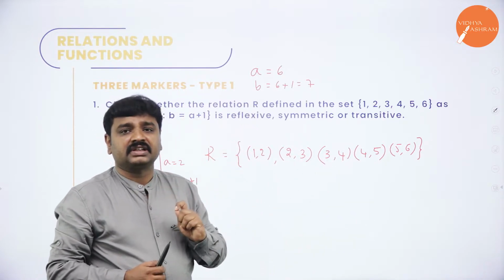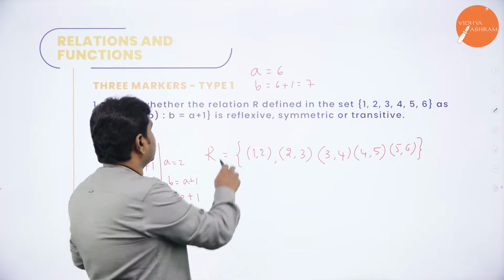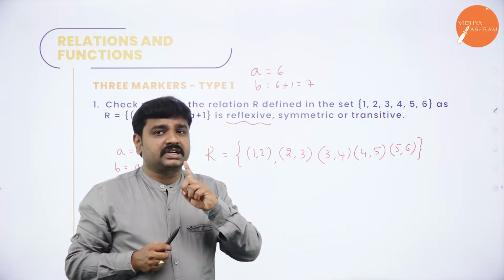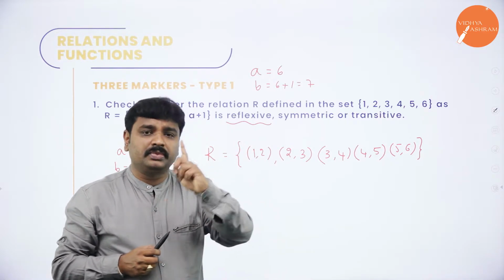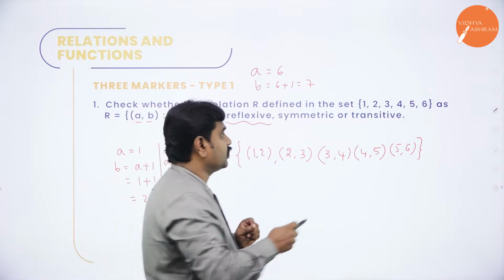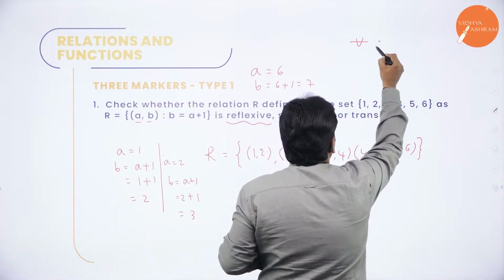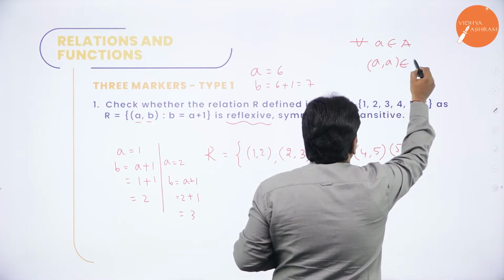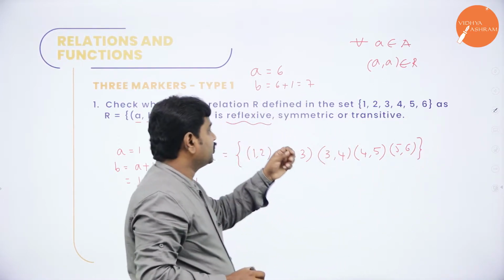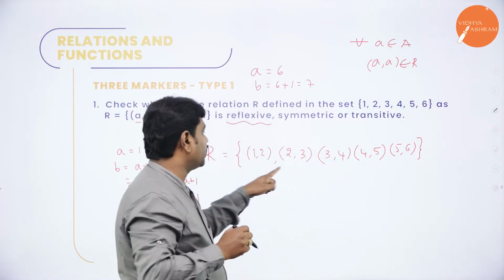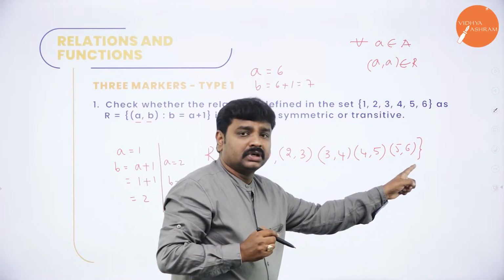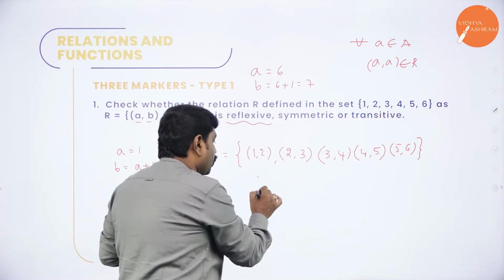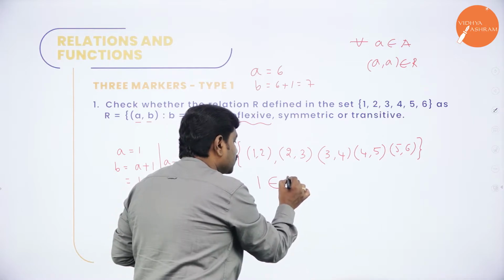After writing the relation, now we will check whether it is reflexive. What is meant by reflexive? In my last class I taught you, if you want to solve the problems, you should be thorough with what? Definition. Reflexive means what? For all a belongs to the given set, (a, a) should belong to the relation. All the elements should reflect itself. Means if I take 1, (1, 1) should be in the relation. Do we have (1, 1)? See, observe the relation. Is (1, 1) in the relation? No. So, I can say 1 belongs to the set, but (1, 1) does not belong to R.